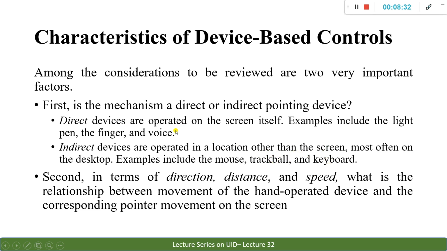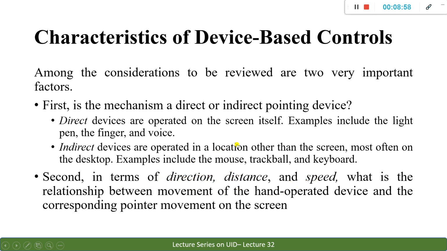So first thing is that we have to decide whether we are going for a direct pointing device or an indirect pointing device. Whenever you are going for any kind of device, the next terms that you have to consider are its direction, its distance and its speed. For example, if you consider your mouse itself, in which direction am I moving?